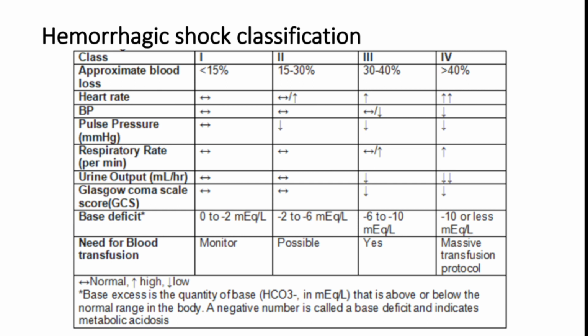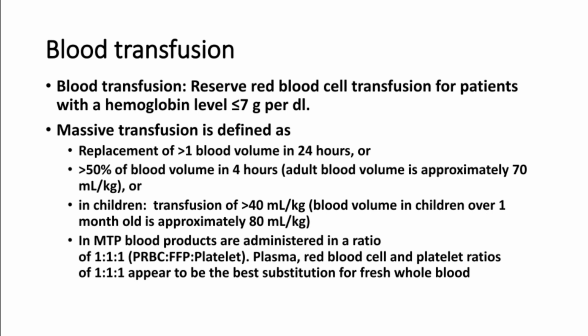Then we have to treat the patient with blood transfusion, and if the bleeding is massive, you have to follow the massive transfusion protocol. So whenever there is hypovolemia because of trauma, you have to give blood transfusion. If massive blood loss is there, we have to go for the massive transfusion protocol. It is very simple. Whenever you have a severe trauma, the patient will be losing all types of products: hemoglobin, coagulation factors, and platelets.